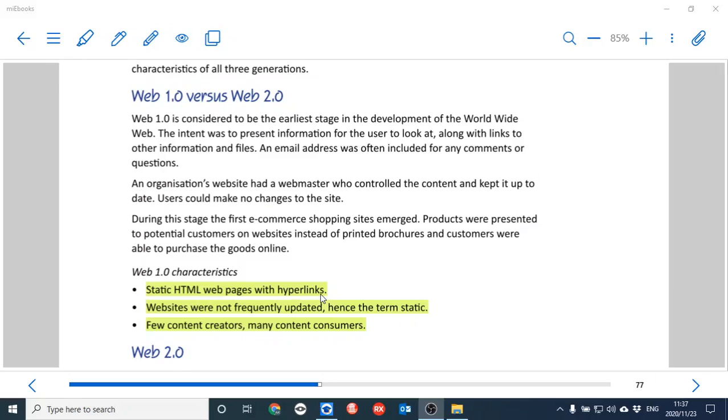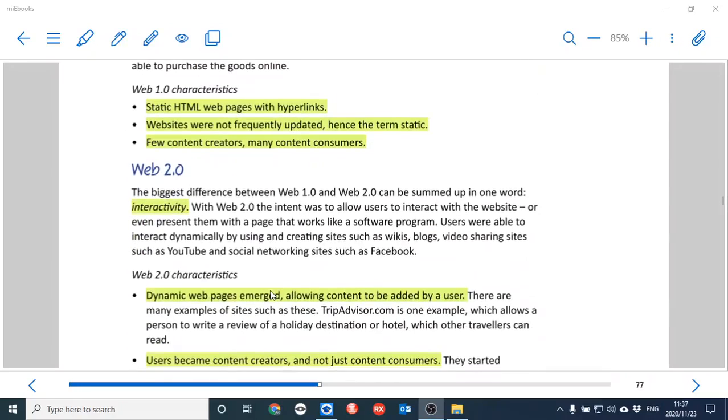It's not going to change. So there's no moving things. There's no pictures that change. There's no video. It's just text with hyperlinks. You can click on a link to take you to another page. They're not frequently updated, and there's few content creators on the internet at this stage.